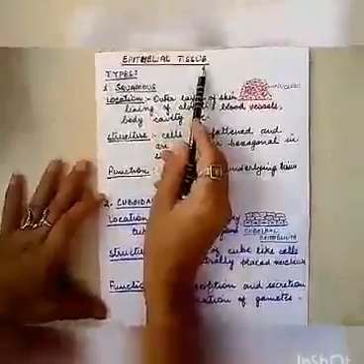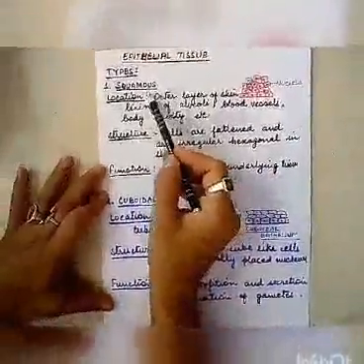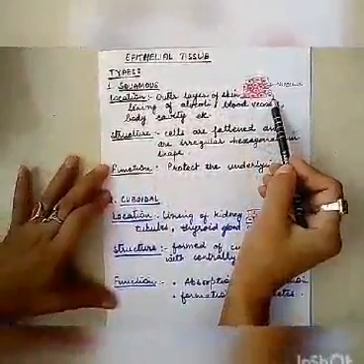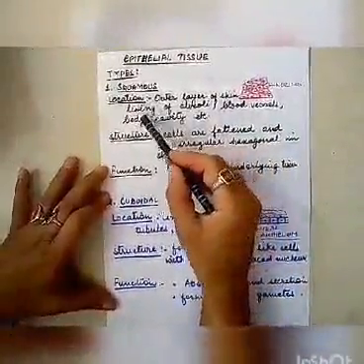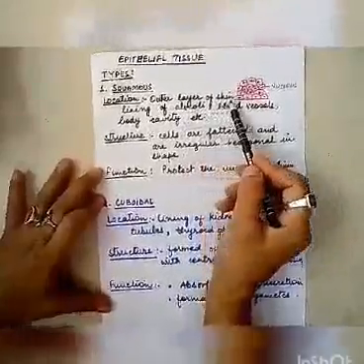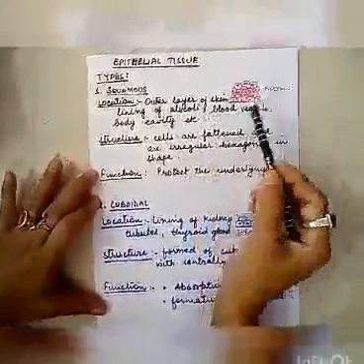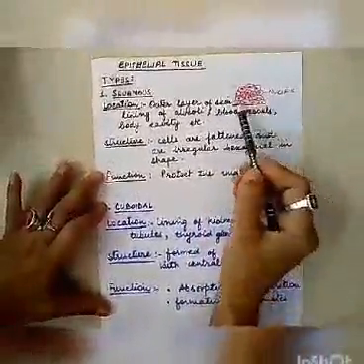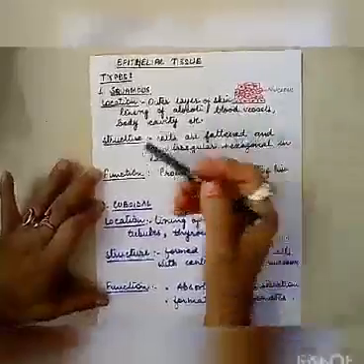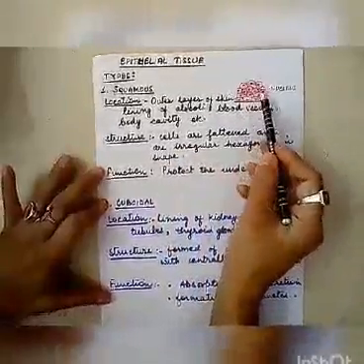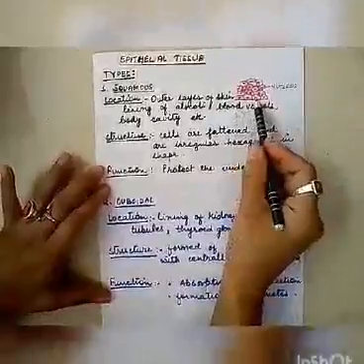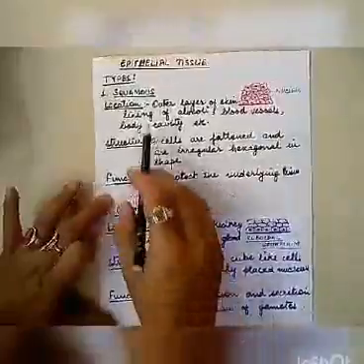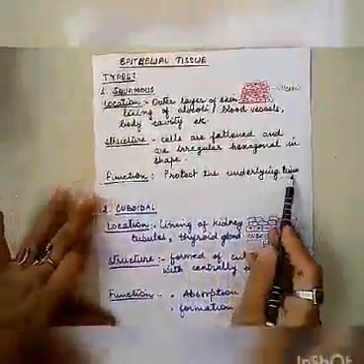Now children, epithelial tissues. Just now I told you the first is the squamous epithelium. You can see these are the squamous epithelial tissues. Where do you find them? On the outer layer of the skin, lining of the alveoli, blood vessels and the body cavity. Underlining of the cheek, you find the squamous epithelium. The cells are flattened, irregular hexagon in shape. They are small, and less cytoplasm is present. Function of the squamous epithelium: it protects the underlying tissues.